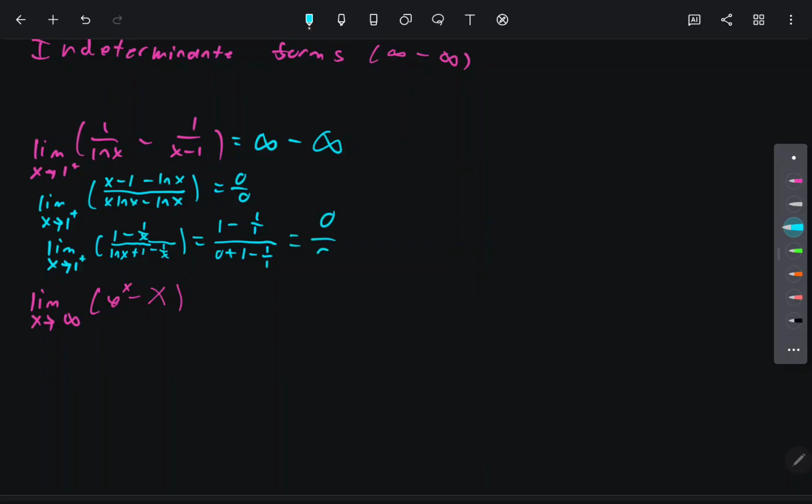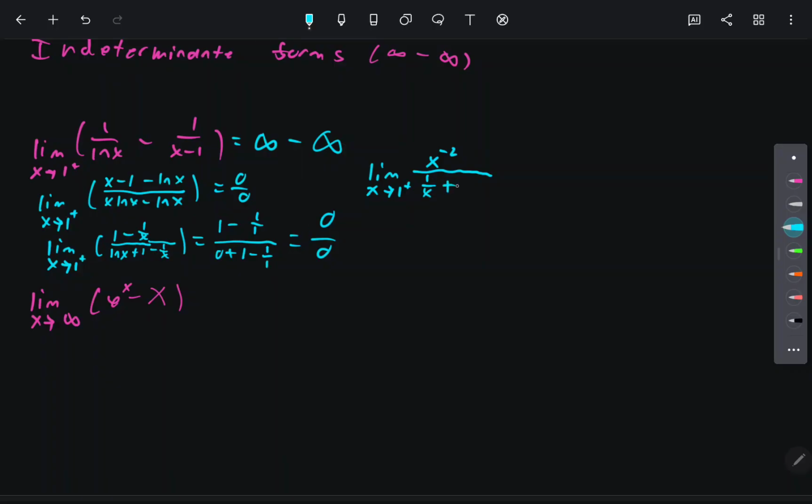So we get 0 over 0 again. So now, because we have 0 over 0 again, we're going to apply L'Hopital's rule for a second time. So we get the limit as x approaches 1 from the right of the derivative of the numerator, which in this case is going to be x to the power of negative 2, divided by the derivative of the denominator, which is going to be 1 over x,